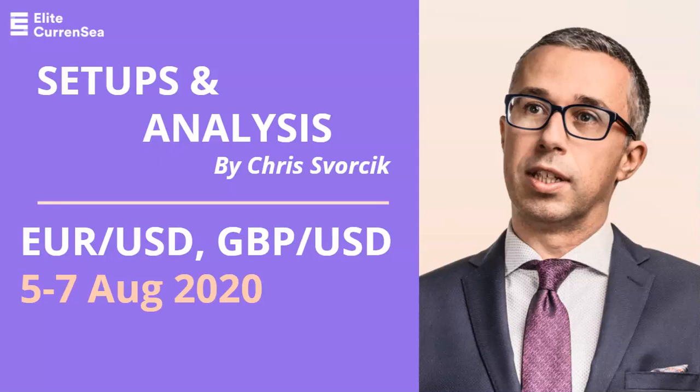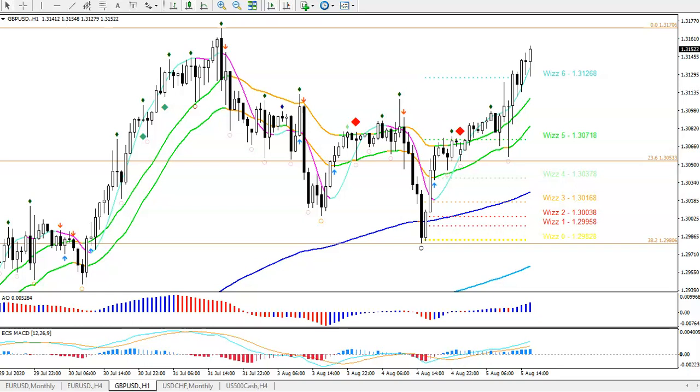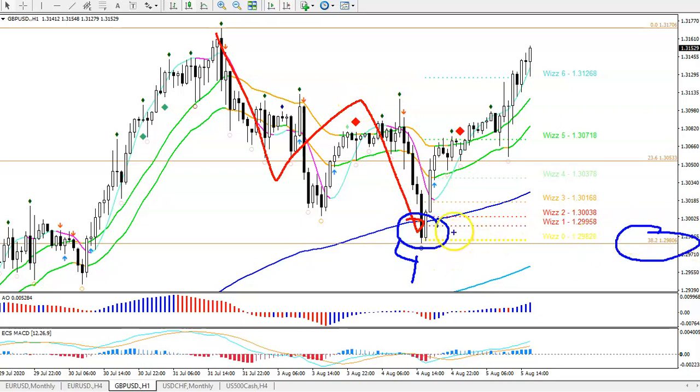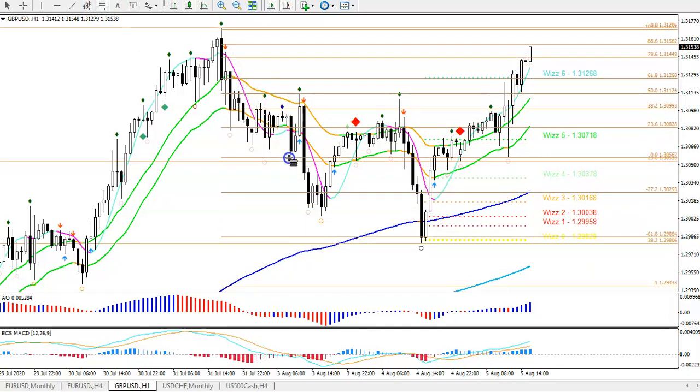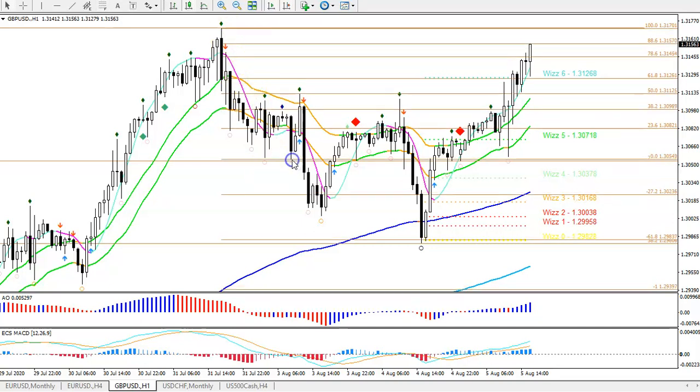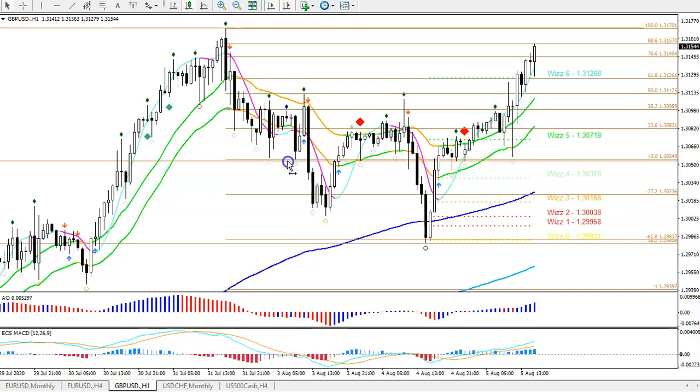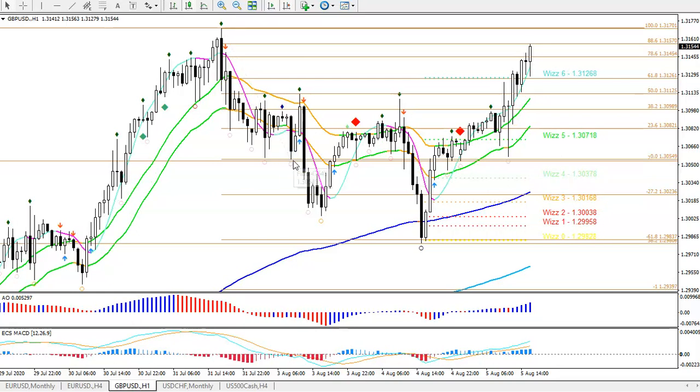We're going to take a look at the rest of this first week in August. First of all, with the pound USD, we are seeing an ABC completed here probably. If it's not a complex correction, then we should see uptrend continuation. This ABC, three swings to complete the wave 4, and a beautiful bounce at the 38.2 fib and the 144 EMA. And if we put a fib from here to here, we also see a nice bounce at that minus 61.8 target. So all of that played out as expected, like we showed in the wave analysis on the Elite Currency blog.